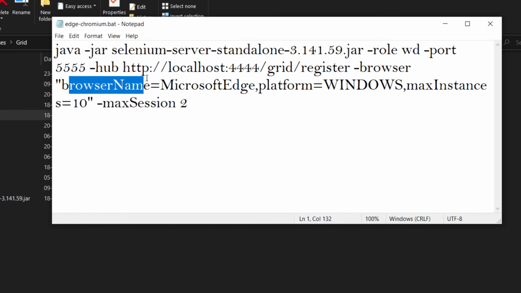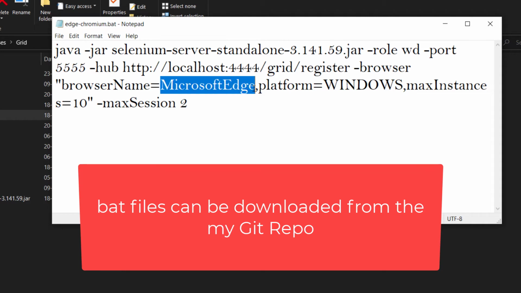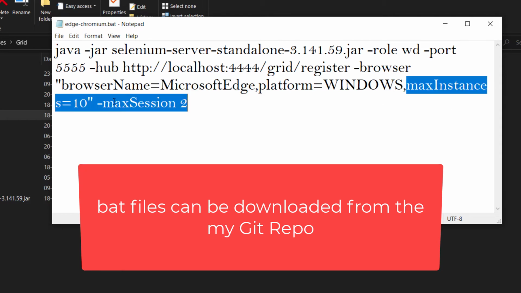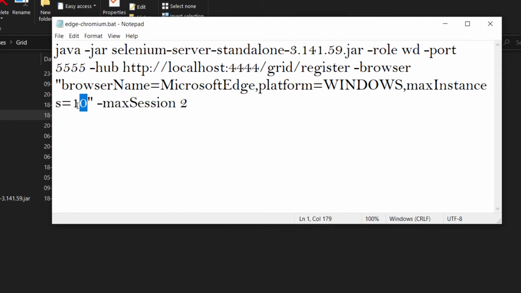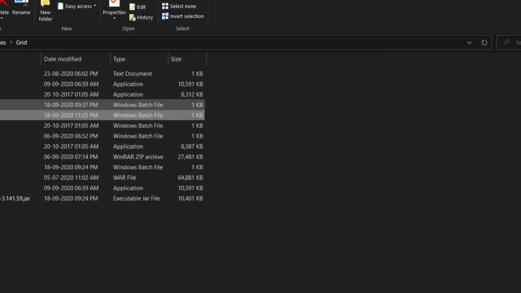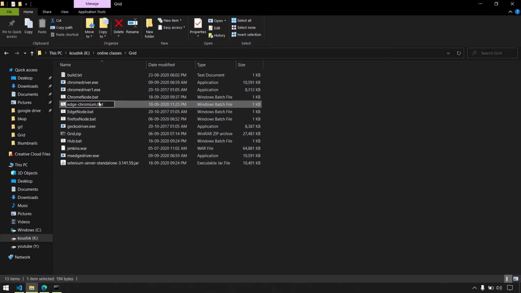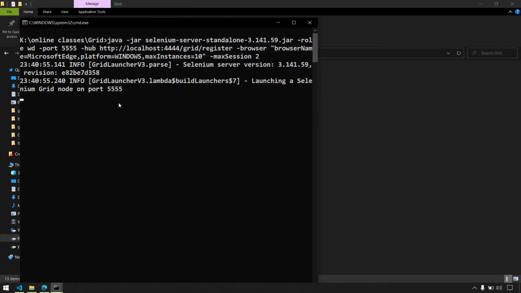And here you have to remember this Microsoft Edge. The browser name is going to be MicrosoftEdge, and we have maxInstances of 10. That means 10 browsers can be there, and two sessions at the same time. Okay, so just double click. It's a bat file, so we can just double click and trigger.